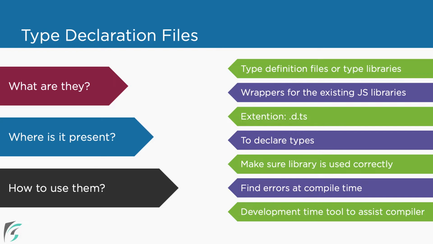Even if we use the type declaration files, we will have to install and use the JavaScript libraries in our application. We should check if we have a type declaration file available for it. But where are we supposed to look for these type declaration files? Type declaration files are mostly included in the JavaScript libraries that we use. But there are a very few libraries that might not have the declaration file.